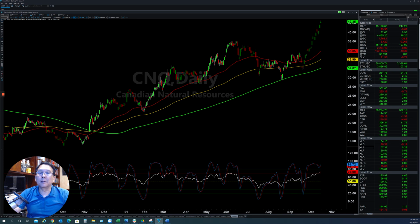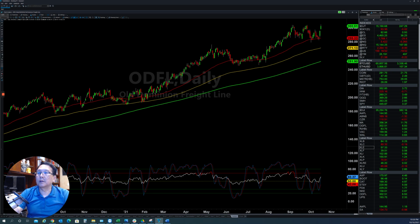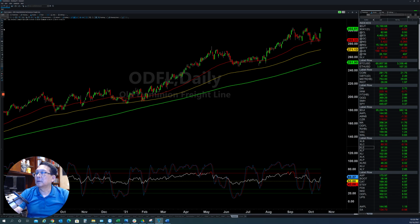On the industrial sector, as you can see there, we're doing very well, and some of the stocks are going to report earnings next week. They belong to the industrial and transportation sector. So this stock, if we can clear this one here, it will be more bullish in the future. Let's see after the earnings whether it can put it back up and break